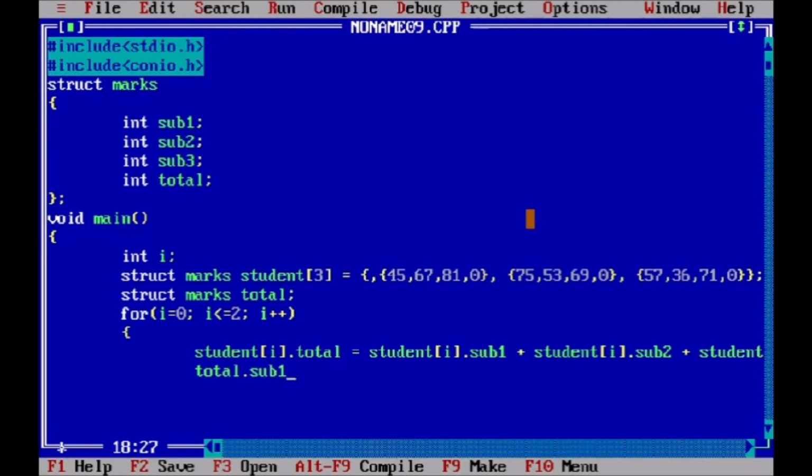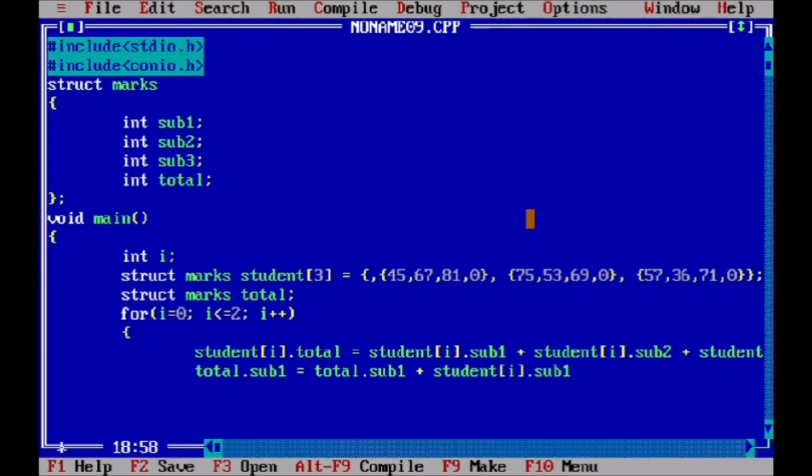Likewise, we calculate the summation of all marks of subject 1, which is 45 plus 75 plus 57, then subject 2, 67 plus 53, then 36.